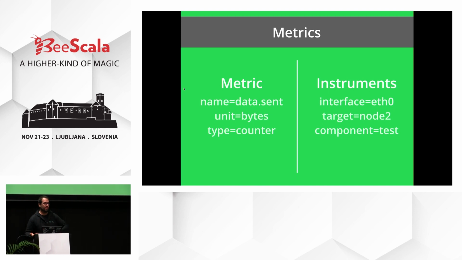It means you are trying to measure how much data was sent through something. And then you create an instrument with tags. The tags are just key value pairs that identify from where you are getting the values for that metric. In this case, it could be an interface eth0 from the target some node. So this means how much data you're sending to some specific node. And you can have as many tags as you like to determine from where you are measuring that data. So when you're instrumenting your apps, always think about the metric as what you're measuring and the instruments as from where you're measuring that. And that's it.